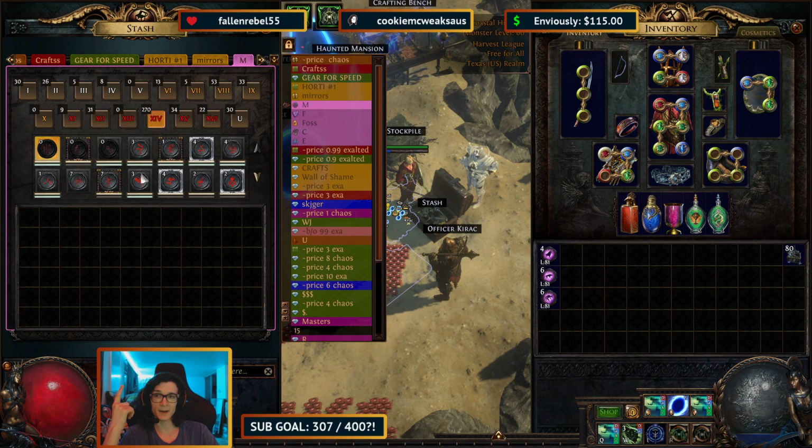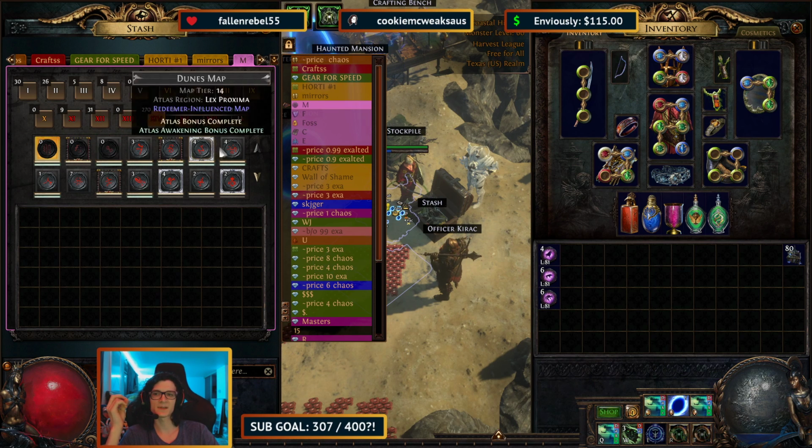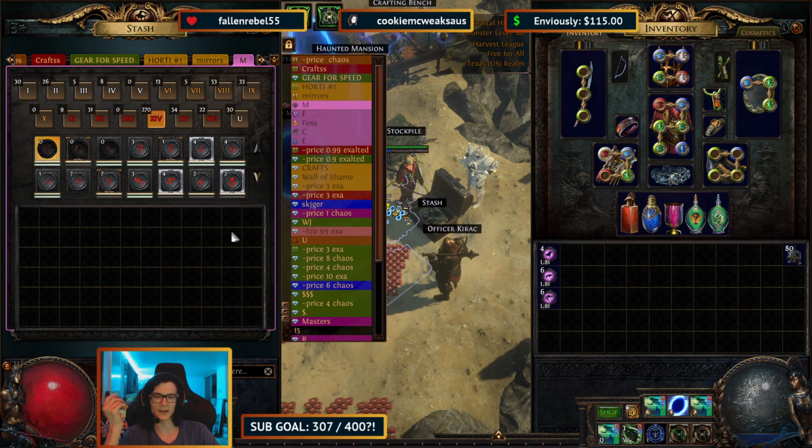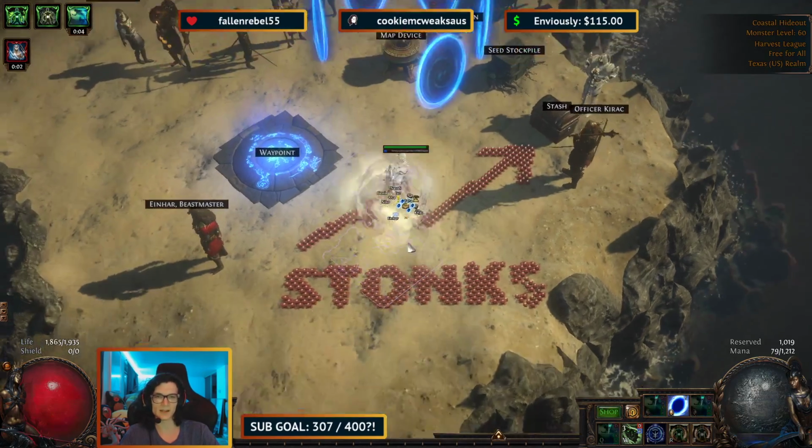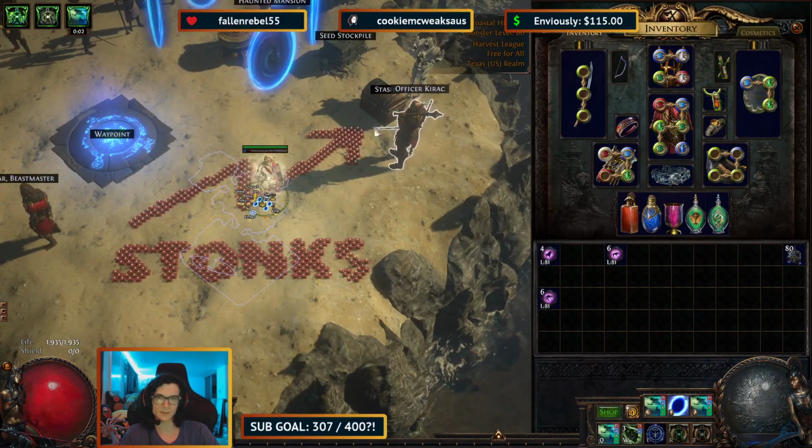You can actually buy T14 maps in bulk, about 40 to 50 random T14 maps of any given rarity for 1 exalt, meaning you're paying about 3 to 4 chaos per map. Now that's interesting because 3 to 4 chaos is actually basically this, meaning